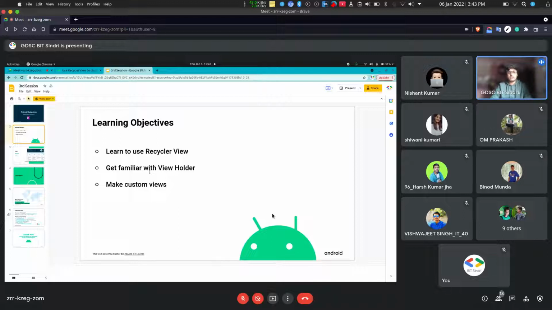So recycler view basically helps to remove this problem. Recycler view keeps loading a single element and keeps recycling it when the element goes off the screen, and when it comes back on the screen, it again restores that view. I hope you get to know about recycler view and how to implement it when I start making an affirmation app. So let's open Android Studio.